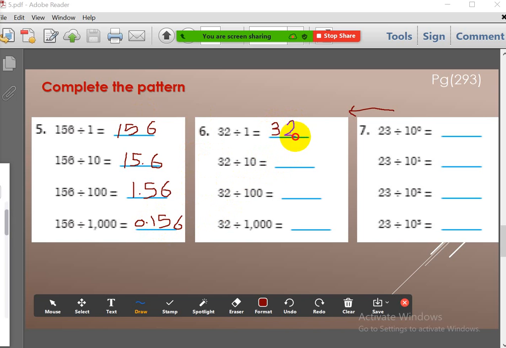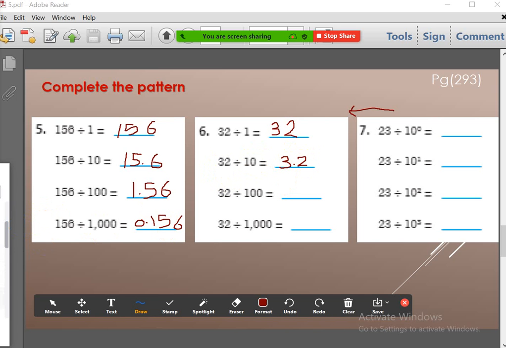Now let's see the second one. Yes, Noor, open your mic and give me the answer for 32 divided 10. Noor? Yes, teacher. What is the answer for this 32 divided 10? 3.2. 3.2, very good. Thank you. So I will move the decimal point, thank you, Noor, 1 digit to the left side, so it will be